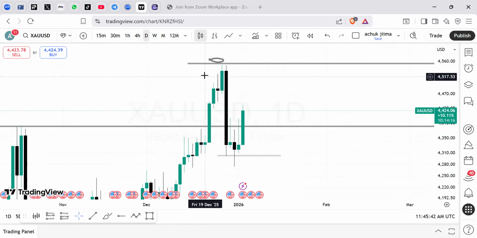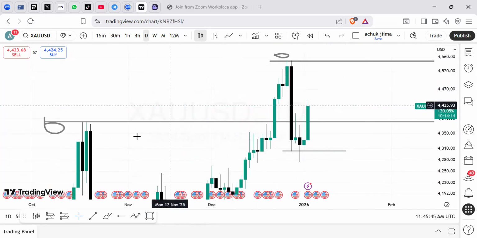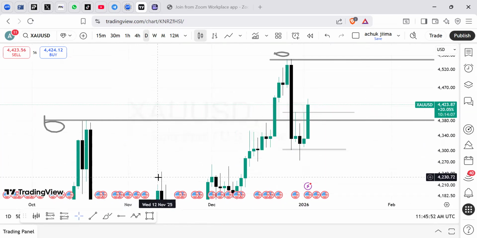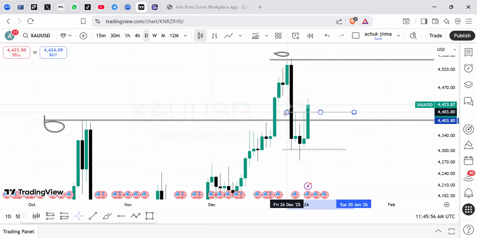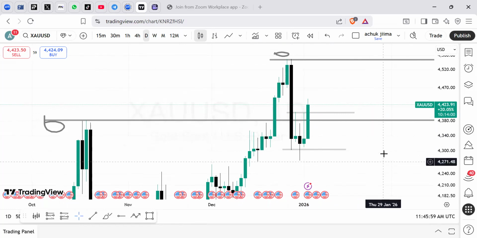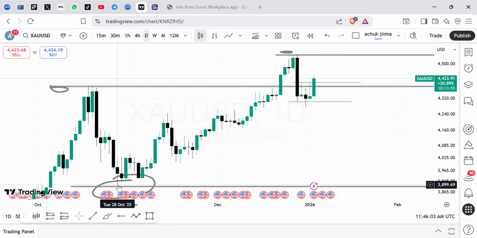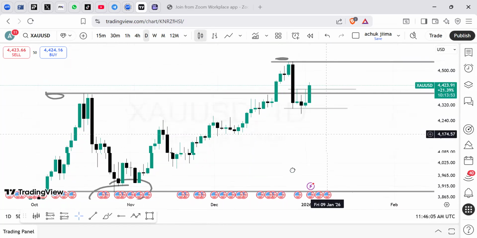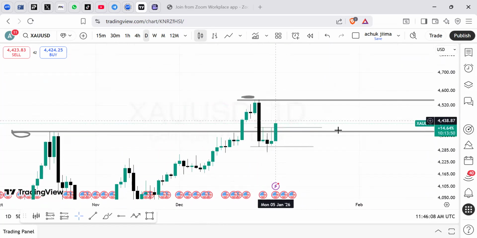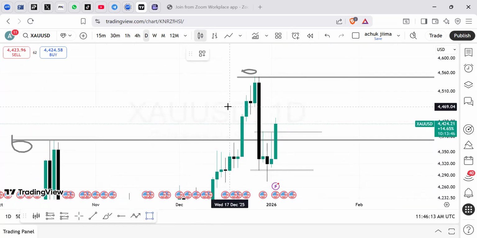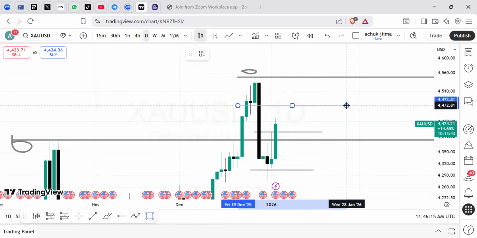Now, what is this break all about? If you notice, the market has broken above these other highs here, which were previous days. Now we have two areas here. The market has broken above this and has also broken above these other areas, giving us a difference. So we have the difference between this low and this high being here, and now the difference between this low and this recent high that we are in being here. And of course, we have another price difference here. This will be an area in which the market will also react.